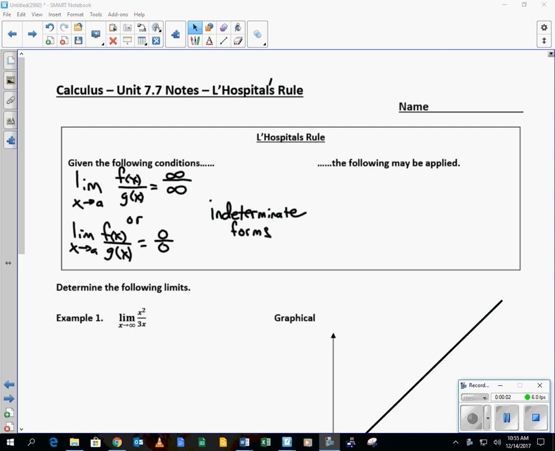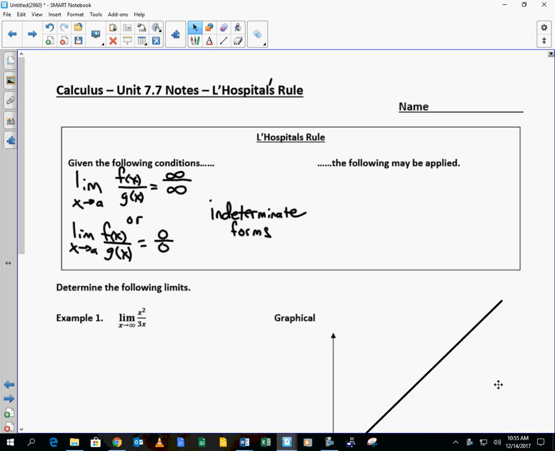So I believe he was a French mathematician named L'Hopital. Some people say Little Hospital. No, it's not. L'Hopital. And he started to work on some of these indeterminate forms that we get